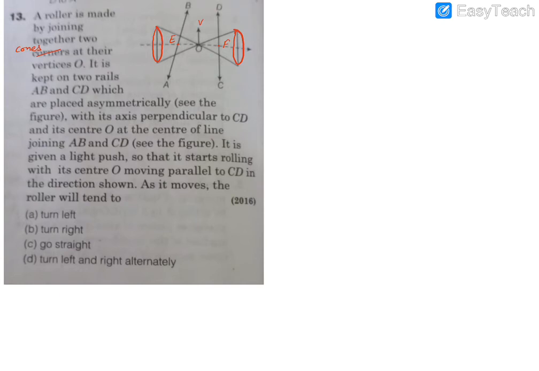Now whether it's going to turn towards left or right or will go straight will be decided by the torque acting on this. Now for torque to act, there are so many axes. One is this axis. Let's consider this. About this it is going to roll. So this is going to roll in the forward direction. This torque will not be able to decide whether it's turning left or right.